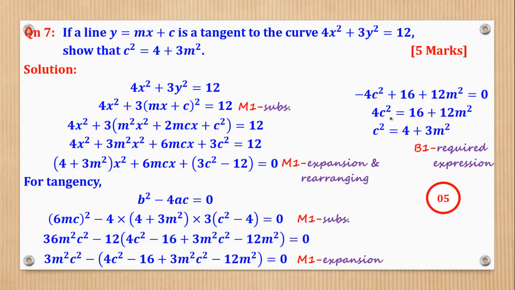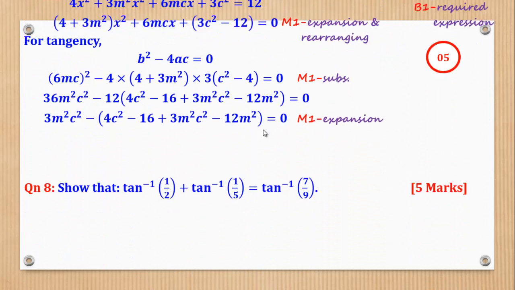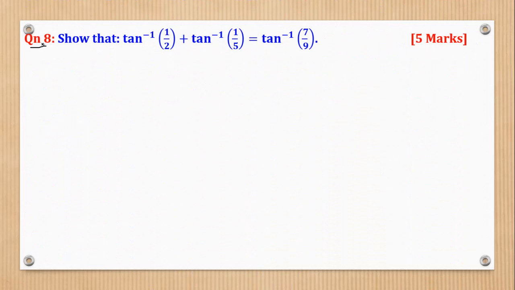So that's how we could get the 5 marks. Then question 8 came from the topic of further topics in trigonometry under the section of inverse trigonometry and says, show that this is equal to that. So the first thing to do is to remove the inverse by